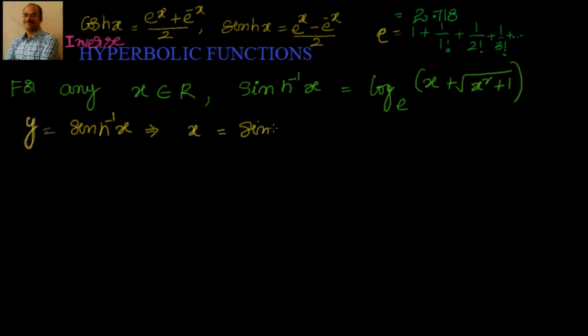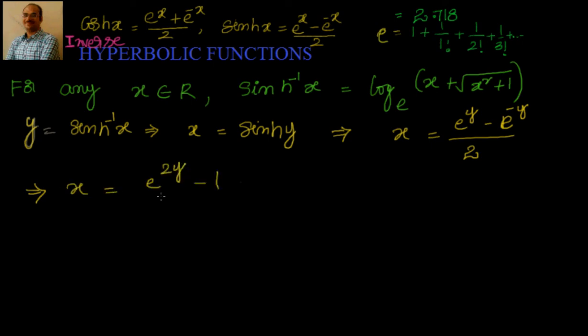That gives me x equal to (e power y minus e power minus y) by 2. This is what we know, the definition of sinh y. Now, if I multiply that with e power y, I will get x equal to (e power 2y minus 1) by 2 e power y. This is nothing but equal to e power y whole square minus, if I cross multiply, 2 into e power y into x minus 1 equal